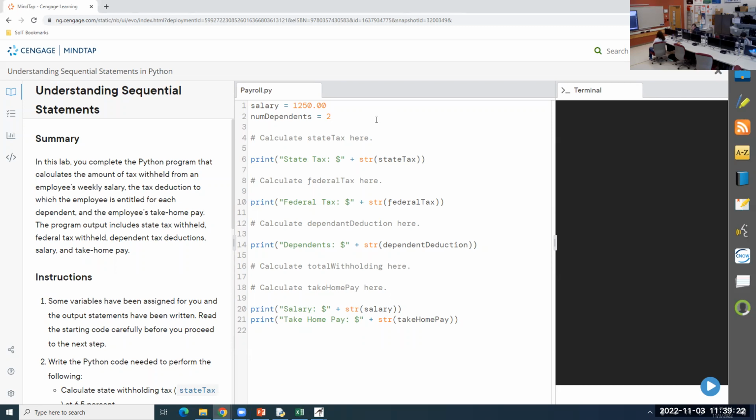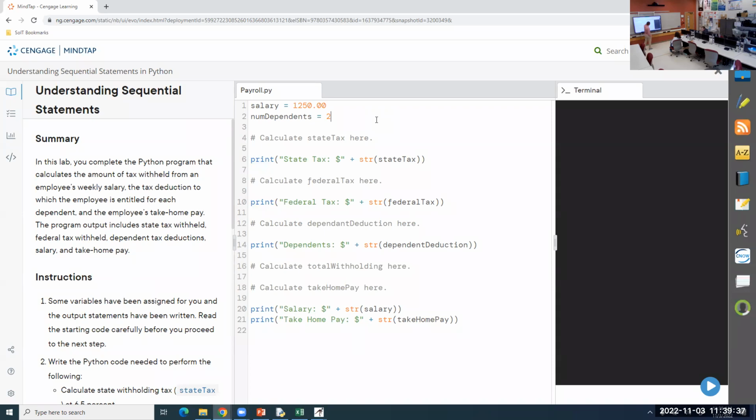Okay, so for this program, you have input already, right? You have the salary already, and you have the number of dependents, right? So from that, you see, if you print the state tax and string state tax here, you will get the